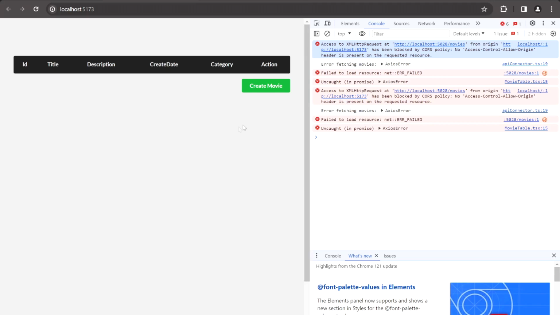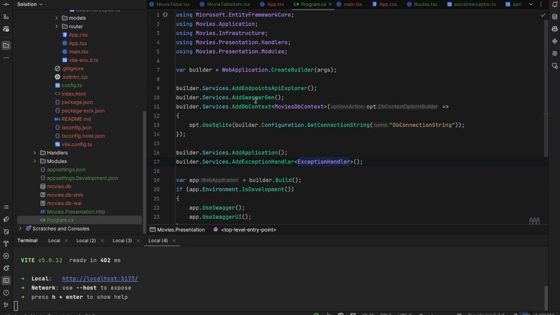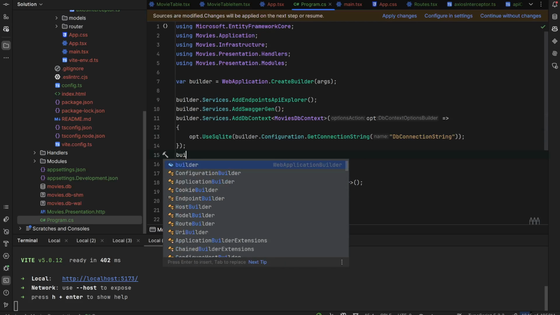So we have to go to our API and set that from this URL, localhost 5173, we are accepting the HTTP request. In order to configure our CORS policy and be able to have our HTTP request accepted by our API, we have to write the following statement: